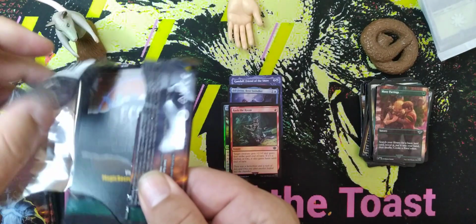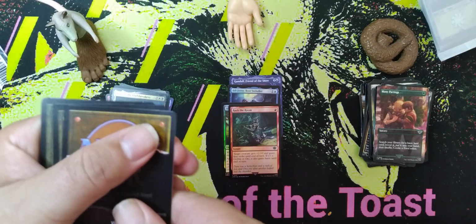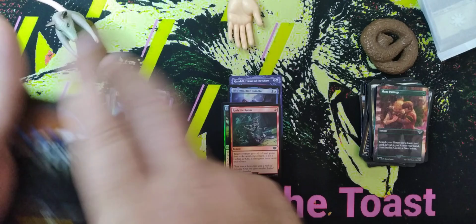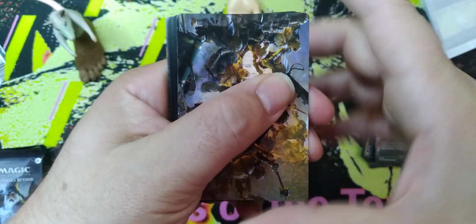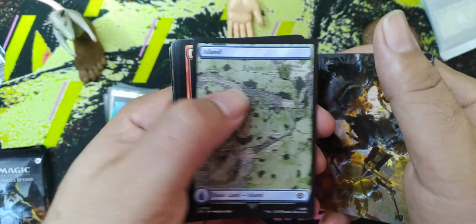Oh man, I do not like these cards. They always fool you. Look at that. That looks just like a card. That's a little different. A little different, huh? All right, anyways. Let's get right back into it. Oh, we got an island. Not really an island, but...